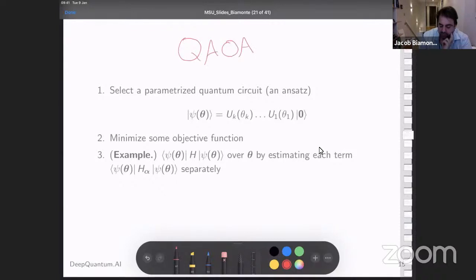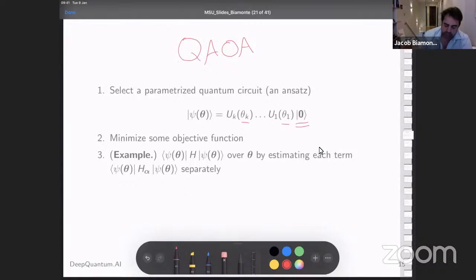Okay, quantum approximate optimization algorithm. The way this works is you have some tunable quantum circuit that is parameterized by real parameters, and it acts on some easy to prepare initial state. For example, you prepare some modes, you send in your photonics, that's your initial state. Then you have a circuit where all the parameters are tunable, and you can adjust these, run this multiple times, and estimate some observables in each run.